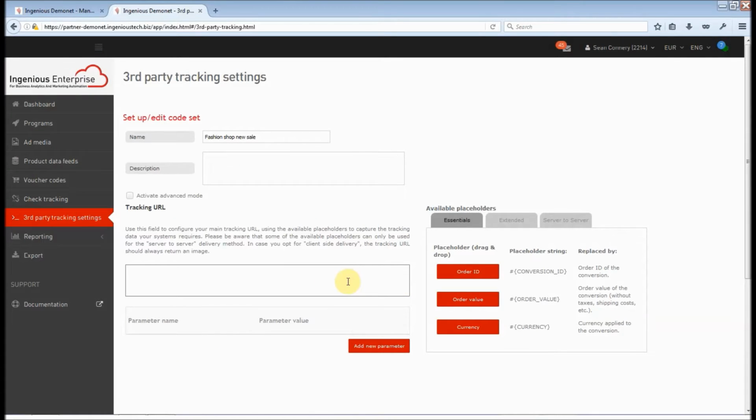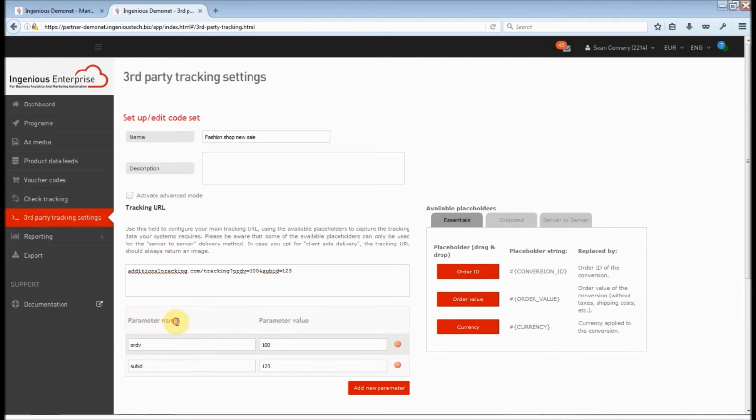Now, as you can see, the moment I paste the code, the platform detects the parameters in it. What we need to do now is define what values are to be used for these parameters. We do this by using placeholders provided in the panel here. For example, here we can find the order value, and to make sure the order value of every transaction is transmitted, all we need to do is remove the original value and drag and drop the placeholder from the panel